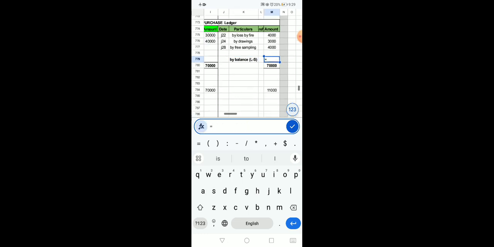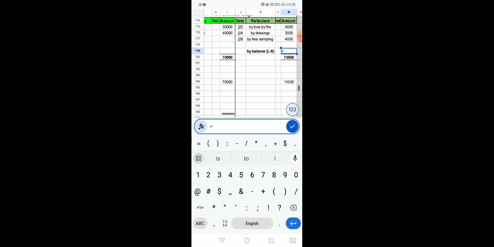Calculated. What was the larger total? Here you can see the larger total was 70,000 and you will subtract the smaller total which is 11,000, and here you have calculated the balance. This is your initial balance, and now the next step is to take it downside, brought it down to the other